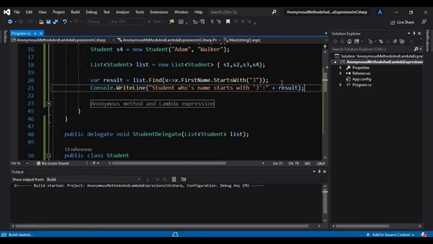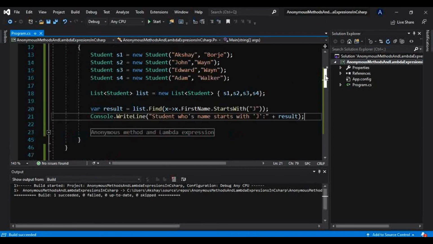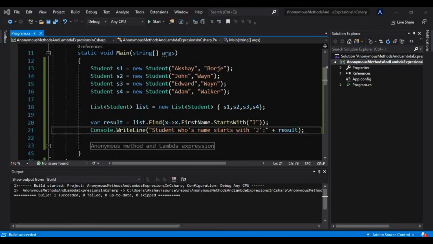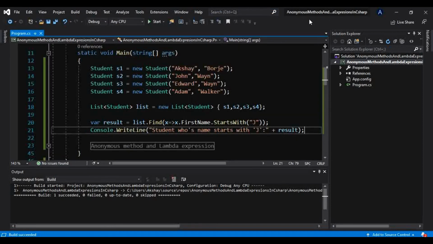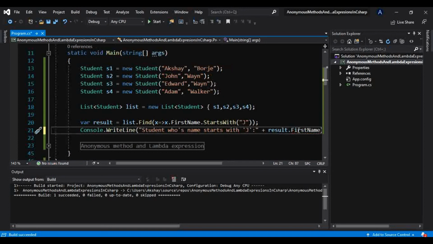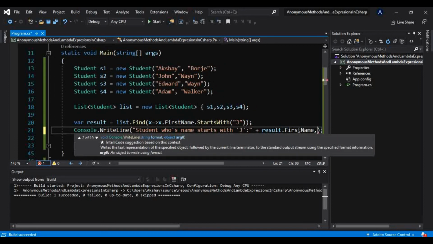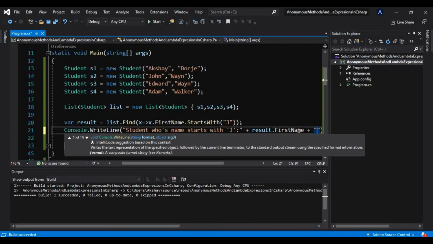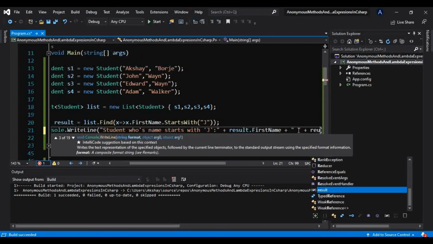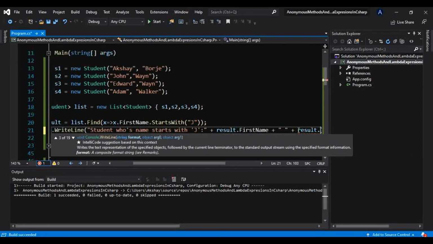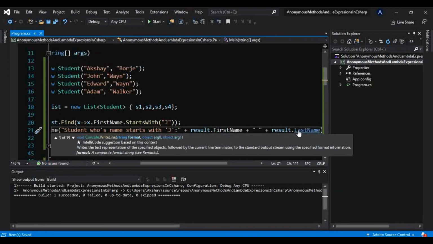So we will get John, maybe John Wayne, yes. And again we have made the same mistake. Here there will be an object, and in that I want to see the first name of that student, and similarly a last name. So in that, result dot last name.